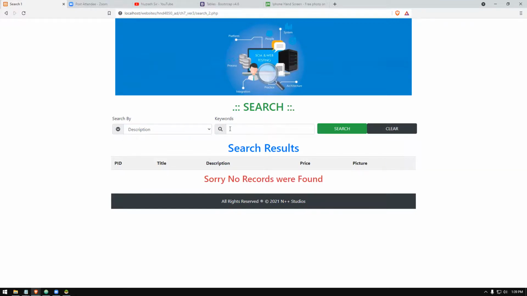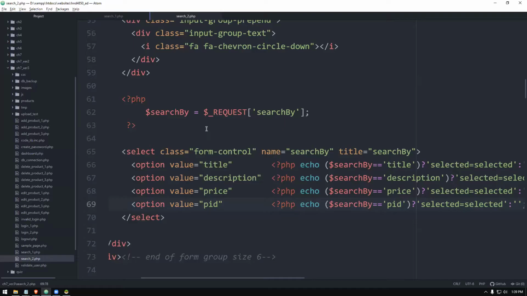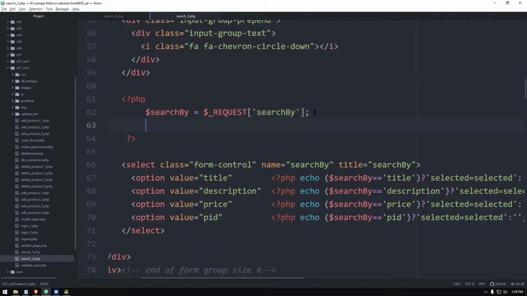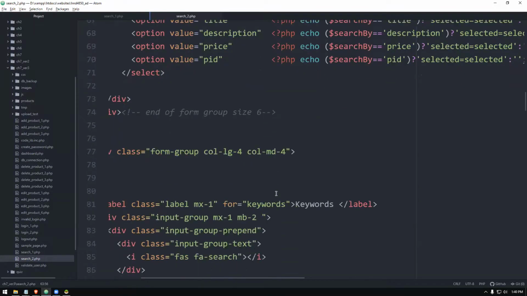Right, now we need to make sure keywords also stay there. So what we do is, we can copy this one and we can put keywords. So keywords, it's pretty simple. Keywords, come here down, right?